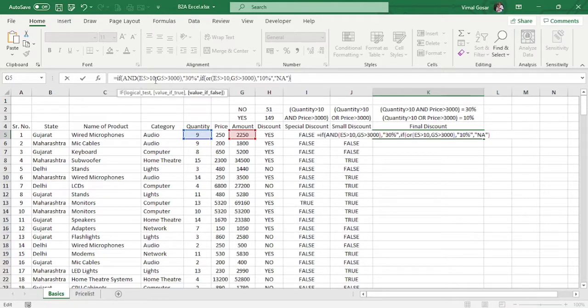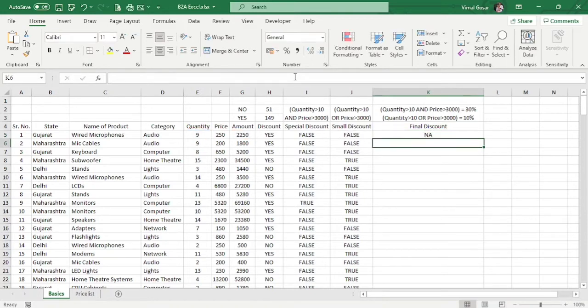Okay, now if I want to end up, so if we see this bracket got ended over here, this bracket got ended over here, but we don't have any bracket or any parenthesis which is closing this function. So to close this function, there is nothing given over here, and after this big complete IF formula, the value if false is also found out, and now if I close it, I will be having my entire formula back. So now if the value is true, I should be getting 30%. If the value is false, I should go for an OR function which should give 10% if that value is true, and if nothing is true, I should get a value as NA.